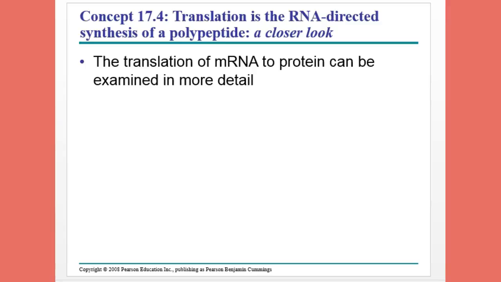We're going to talk about translation, mutations, and how, while not every organism goes through transcription and translation the same, genes are universal. Alright, so let's start with talking about translation. Last time we talked about transcription, which was DNA to RNA. So now we're going to RNA to synthesizing a polypeptide or protein. Alright? So, the translation of mRNA to protein can be examined in more detail, which is what we are going